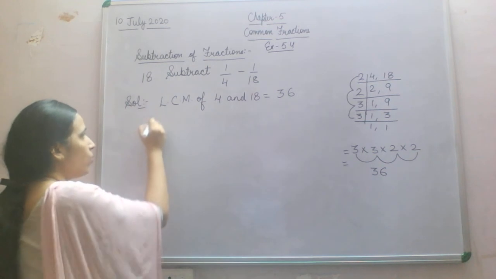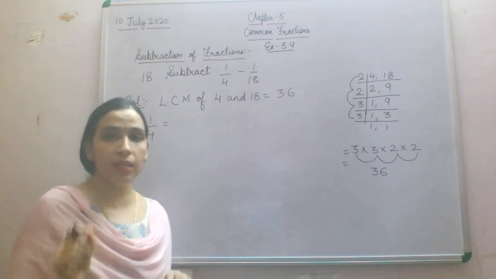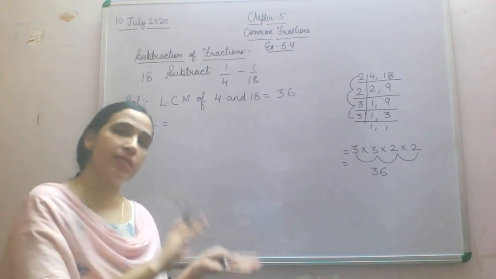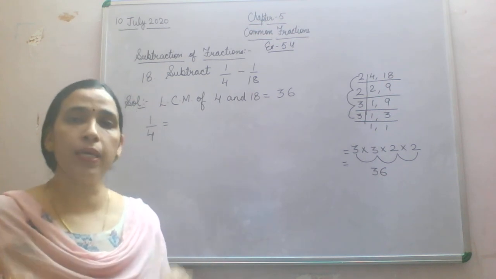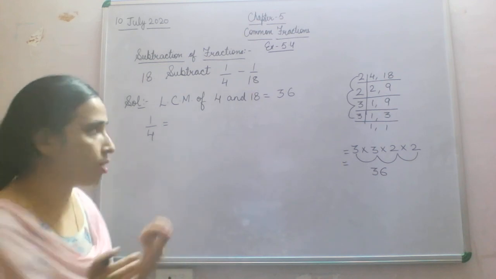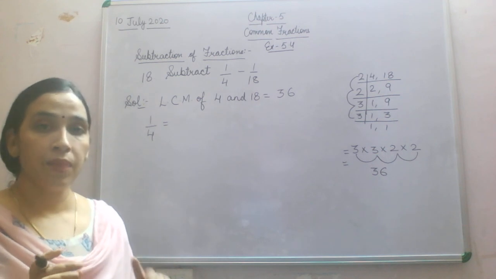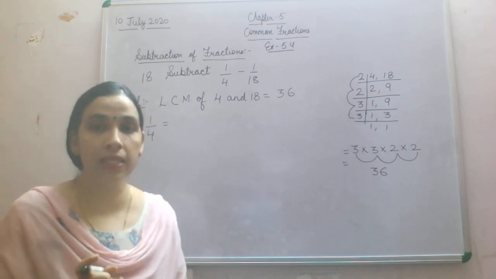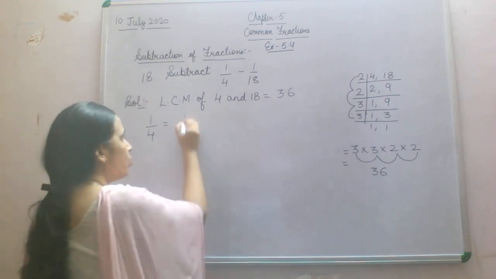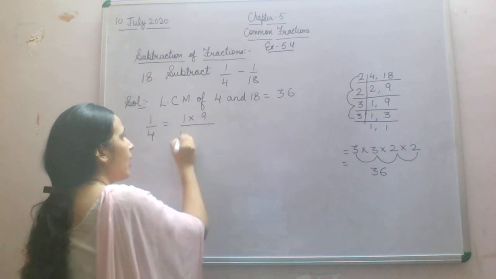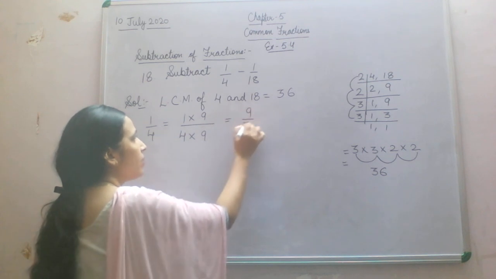Now next step, converting the unit fractions to the same denominator, which means we are converting the unit fractions into like fractions, so that both fractions have the same denominator and we can easily do the subtraction. Now 4 will be multiplied by which number so that we will get 36? In the table of 4, when are we getting 36? Yes, 4 9s are 36. So here the numerator will be multiplied by 9 as well as the denominator will also be multiplied by 9. Now you will get 9 by 36.